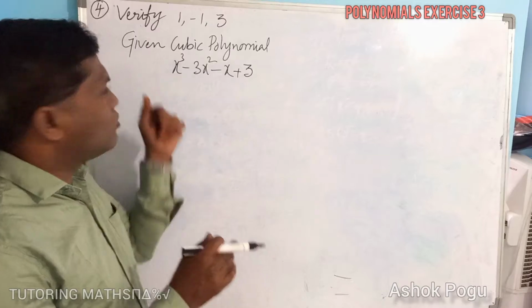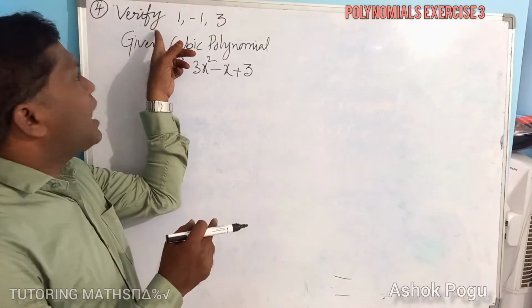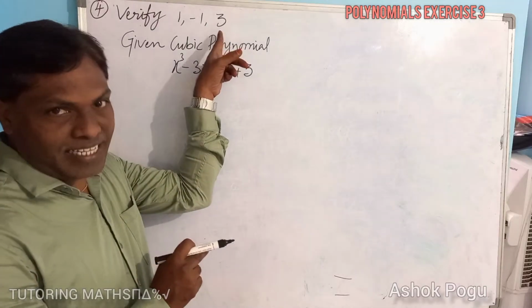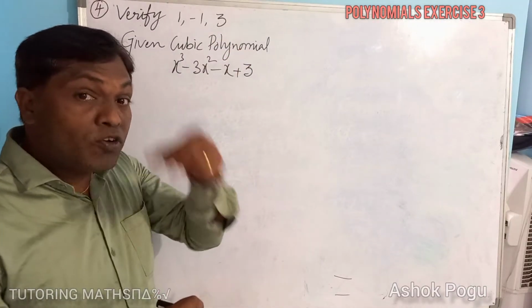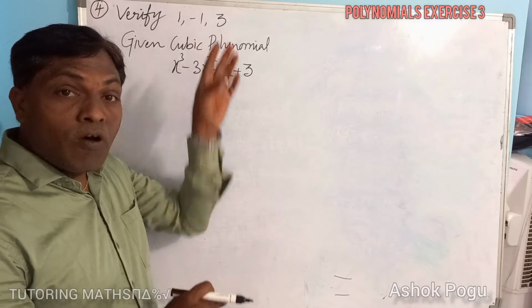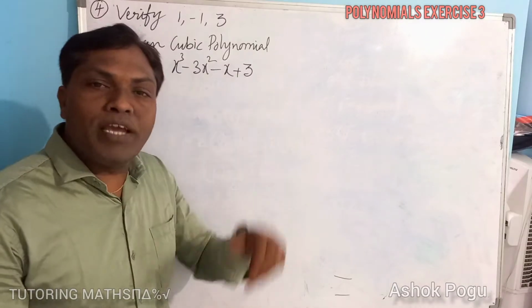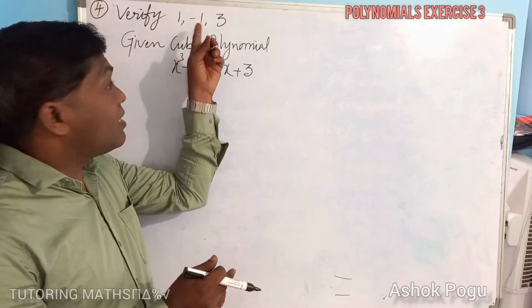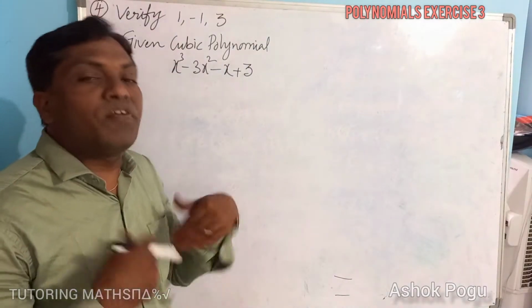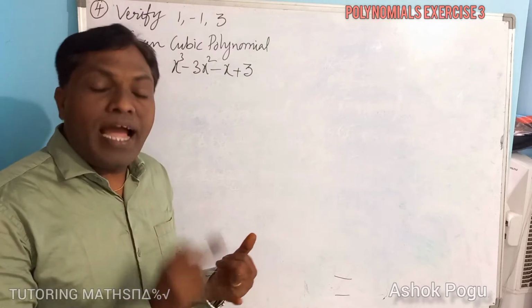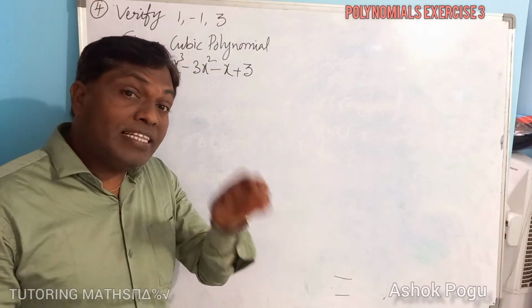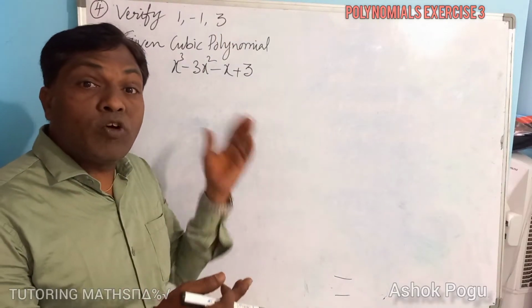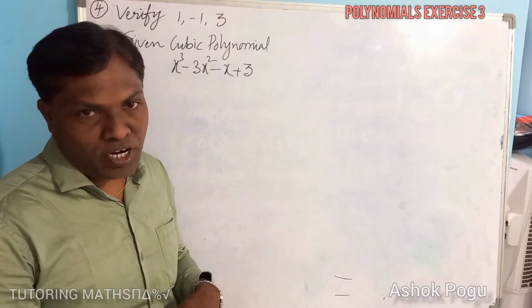Now what is the question here? We have to verify 1, -1 and 3. They have given 3 values. We have to verify whether these 3 values are the zeros of this cubic polynomial or not. And secondly, we have to find the relation between these zeros and also the coefficients of this cubic polynomial, just like